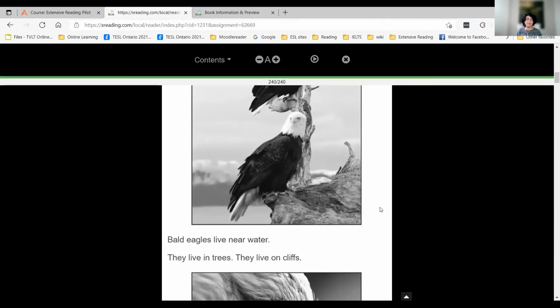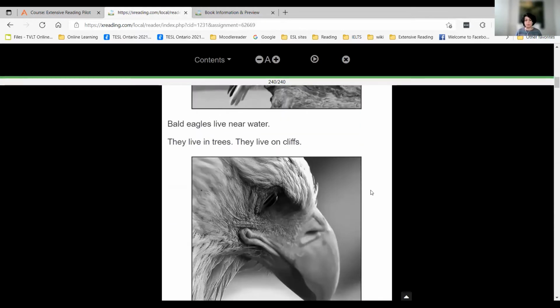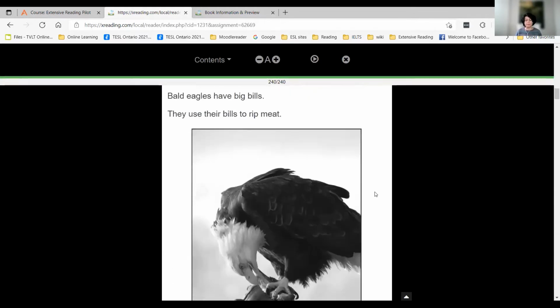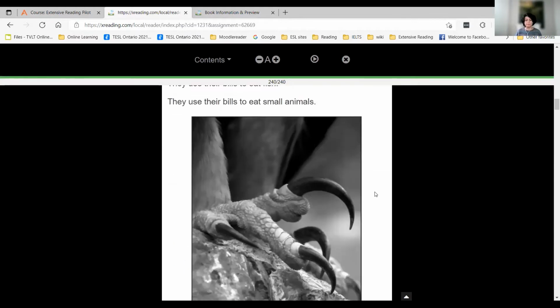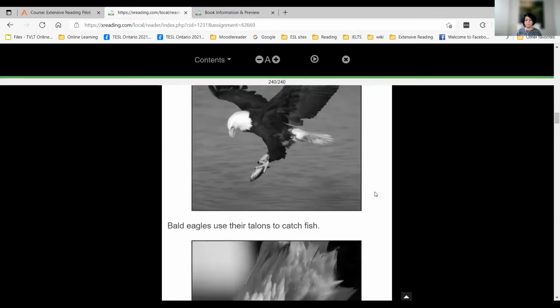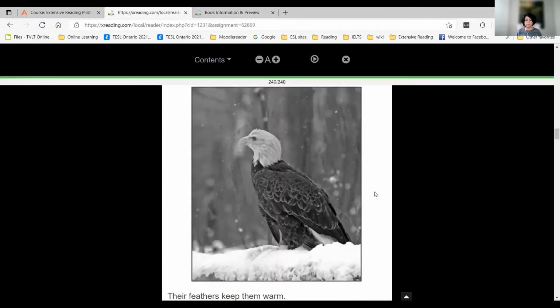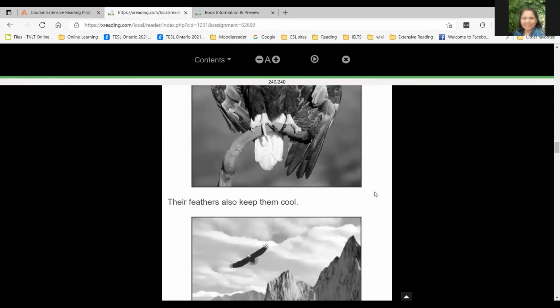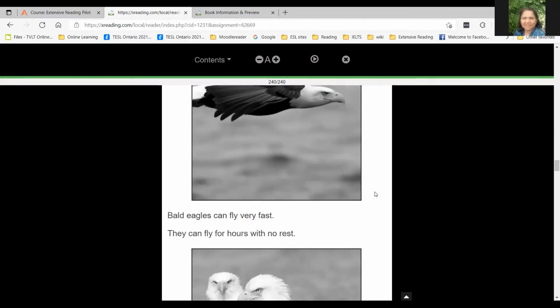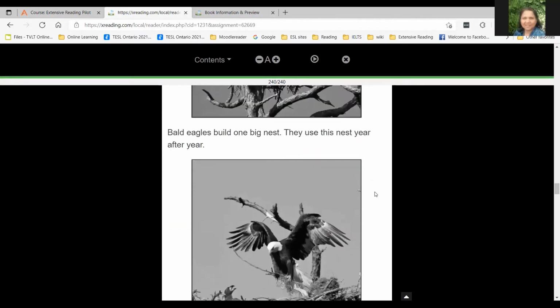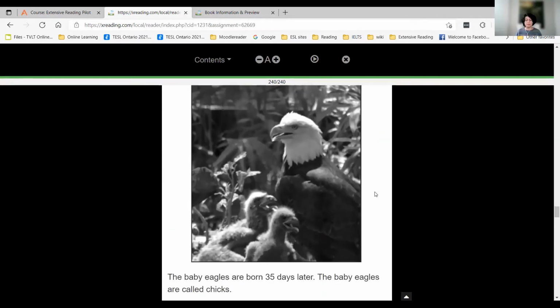There's no time limit, but again, it's up to the teacher to set. So if you feel like 5 minutes is enough, you can set it to 5. If you think more or less time is enough, then you can set that as well. So they keep scrolling down until they read the whole book. And once they come to the bottom of the page,